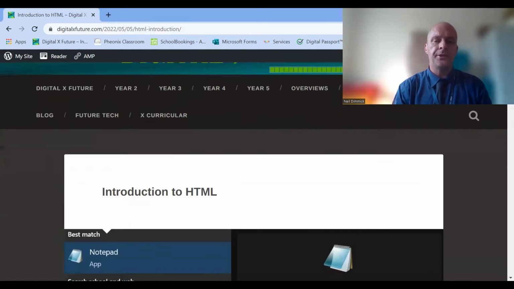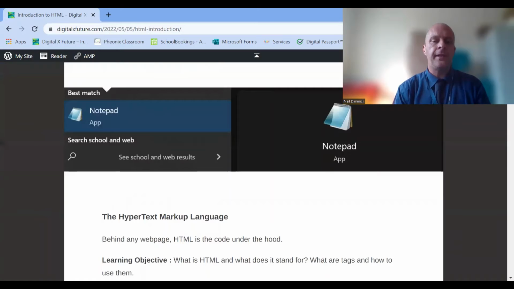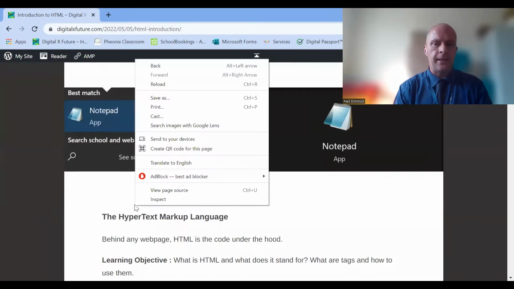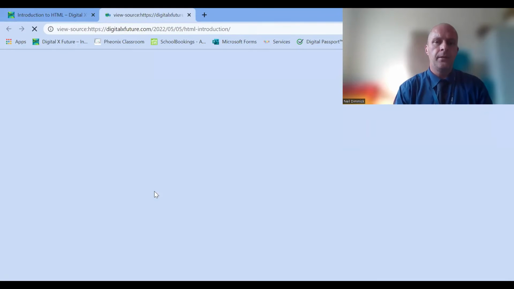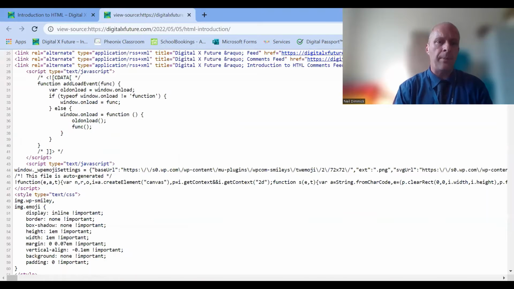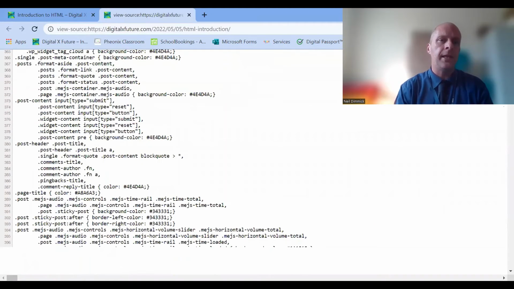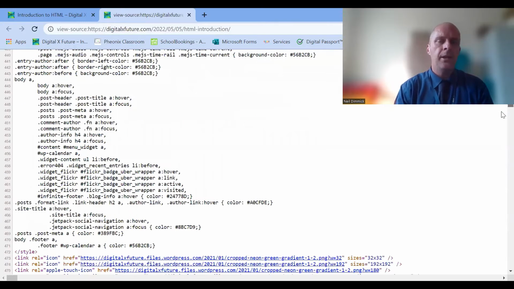HTML is the code that's under the hood of every single web page, including this one. And we can find it by right-clicking on the mouse and going to View Page Source. And this is the code that is running the web page that I made. Even though I made the web page on an online browser, it converts it to HTML so that it's visible